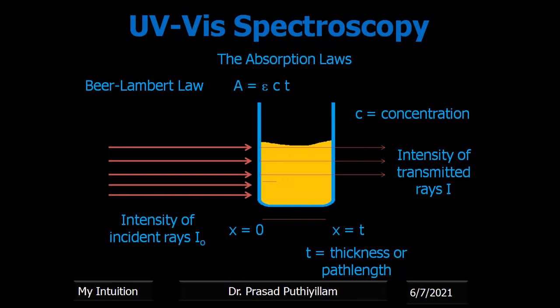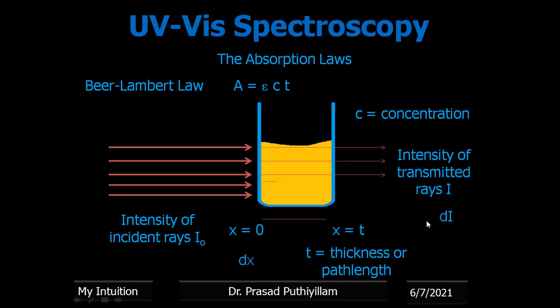Therefore, to calculate this particular distance, I have to differentiate it. Then we have to use mass dx. That is a portion, delta x, so also we can call it dx, and the amount of incident ray present in that, or the change in incident ray, can be represented as dI. So dx is written here, and this is dI.